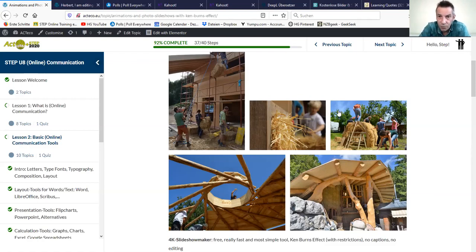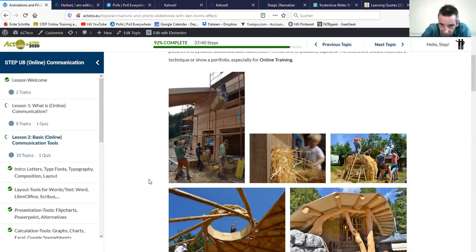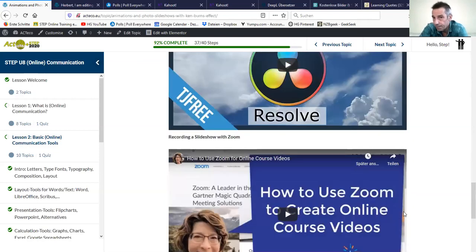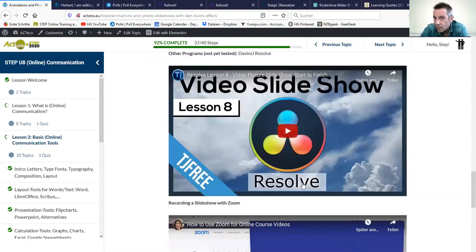So what Photo Frame Strip does, it starts here in this part, and then it goes up, or it starts here and then it goes down. And you can adjust this, you have these two windows in Photo Frame Strip, and you can adjust this easy, intuitive and easy. There are others like